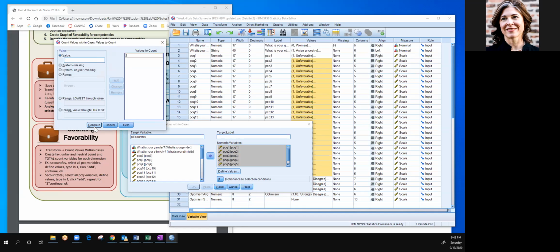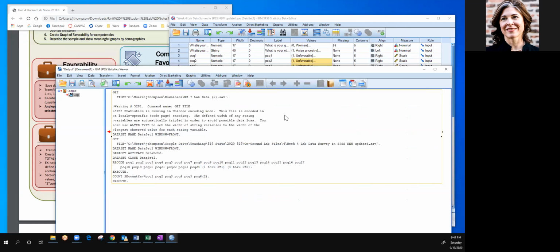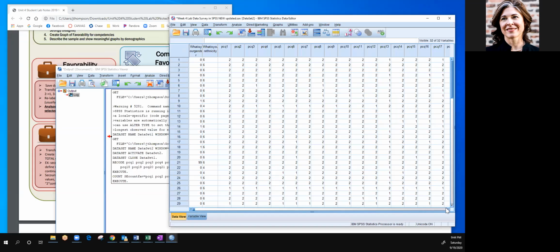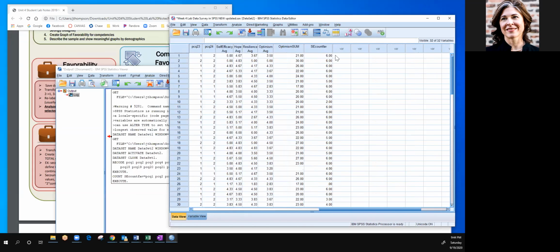So if there's a 2, I'm saying, look through all of these and count if there's a 2. I'm going to say okay. Now let's look at what this looks like in the data. So it's gone through for each person, and it's counted up the number of favorable for items 1 through 6,